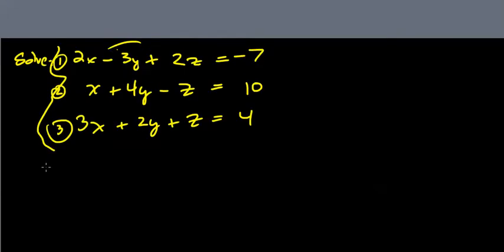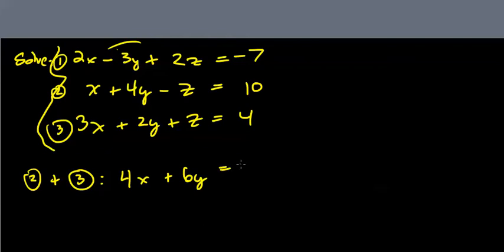Alright, I'm going to take my second equation plus the third equation. I can easily see that the z variables are going to cancel out. I'll get 4x plus 6y equals positive 14. Now I notice if I take equation 1 and add to that minus 2 times equation 3,